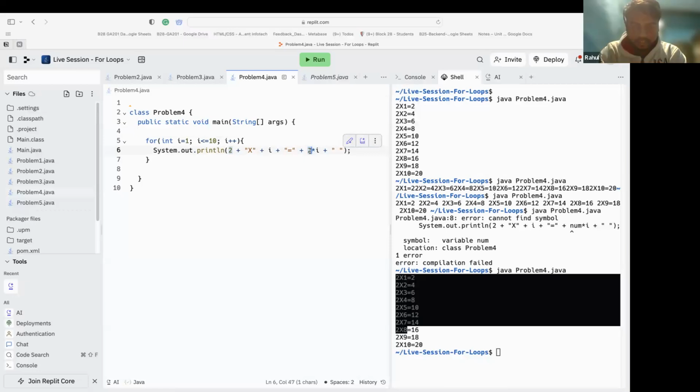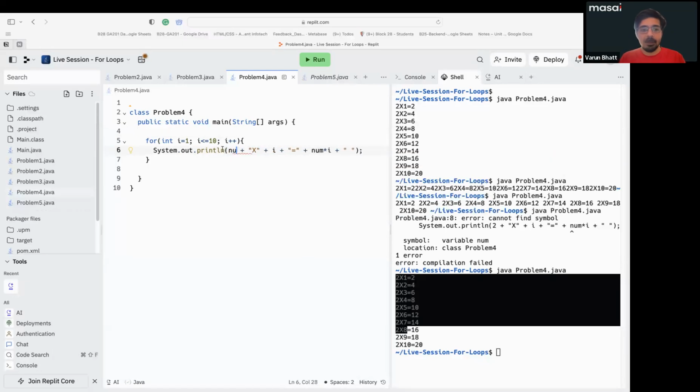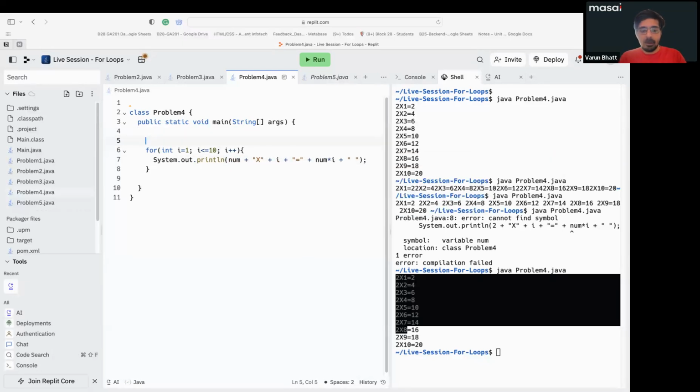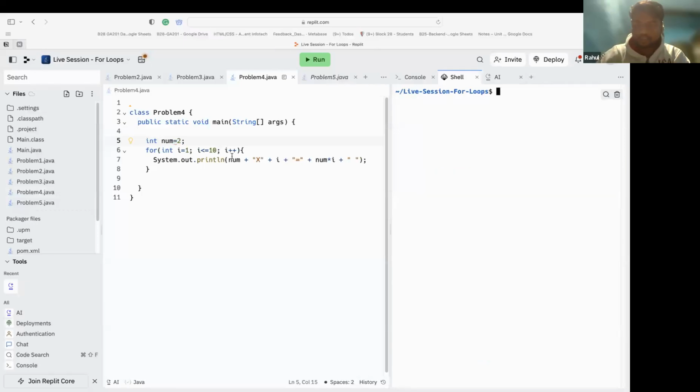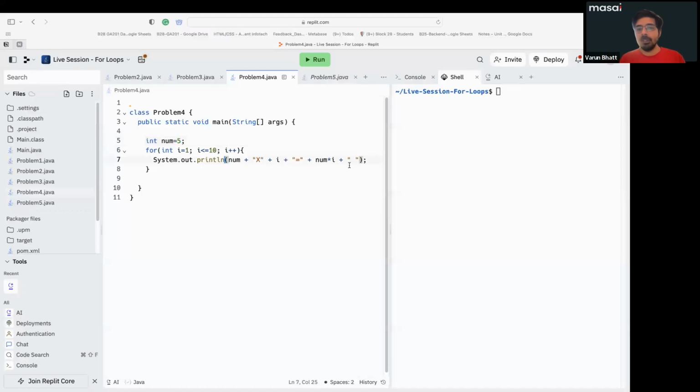ठीक है जी। अब ऐसे मान लो 5 जगह मैंने 2 2 लिखा होता तो मेरे को पांचों जगह पे 2 बदलना होता। तो इससे अच्छा क्या होता है, हम नम लिख देते हैं उसकी जगह। नम लिखने का मतलब क्या है, we are putting in a variable. अब now suppose you are saying कि मुझे 2 का टेबल चाहिए, तो मैं इसको सीधा रन करूंगा। Now later suppose you said कि मुझे 5 का टेबल चाहिए, तो मैं यहाँ पे सिर्फ नम को बदलूंगा और मुझे यहाँ कुछ बदलने की जरूरत नहीं।